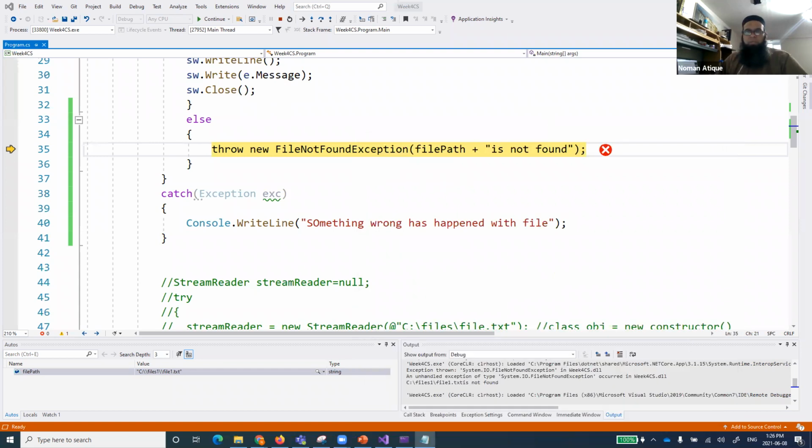Let me see what's going on and why it is producing that problem. Okay, why is it not catching this one?